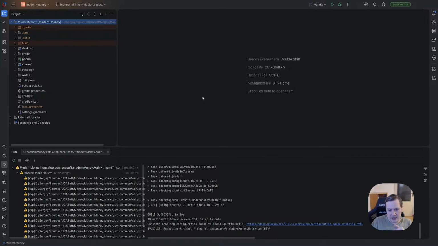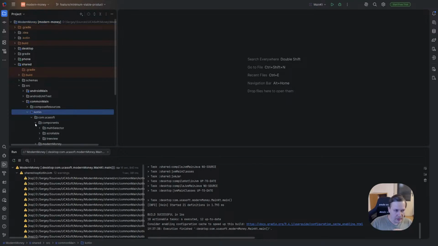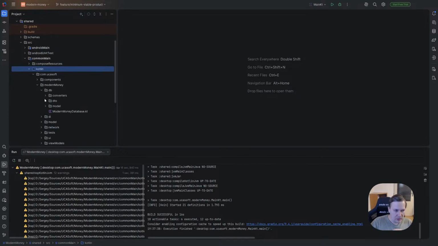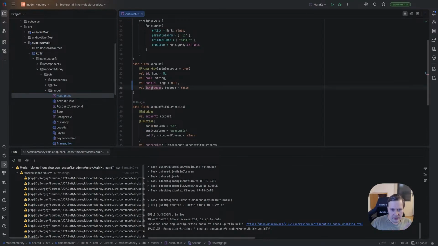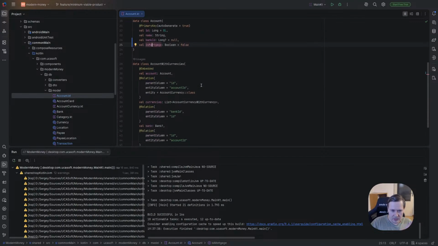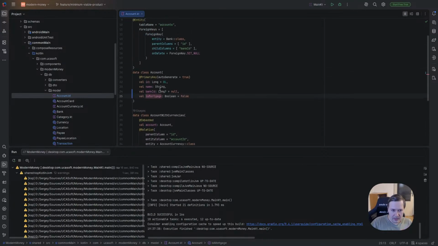In this case, I would like to use the drag and drop approach. You can click on an account for a while, and it will be draggable, and you will be able to move it. But first of all, we have to change our model, because right now in our DB model in accounts, we have this mortgage, which we don't use right now, but we don't have